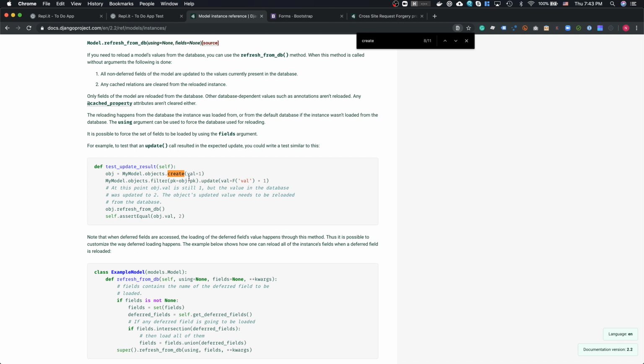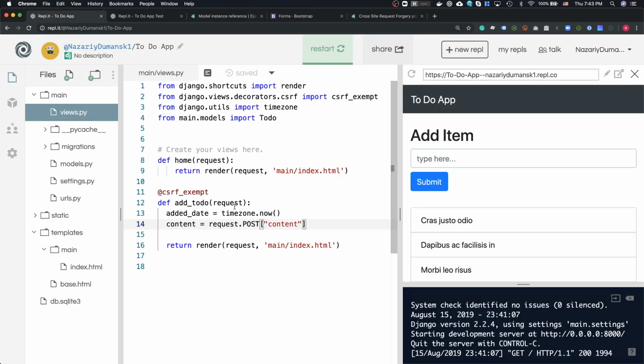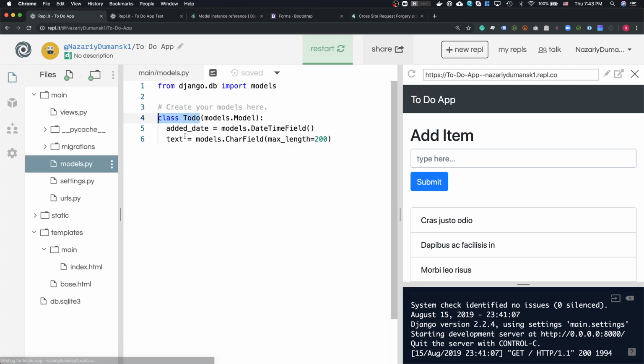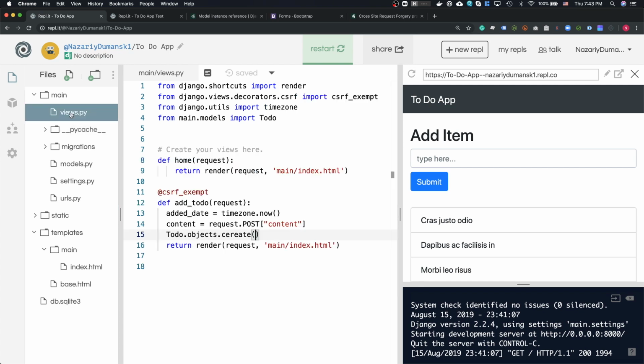So if we use this, my model object dot create, for us it's going to be ToDo.objects.create. Now what are we inputting into here? We need to input a few things. If you look at our models, we have the edit date and we have a text. Okay, go back to views. The edit date